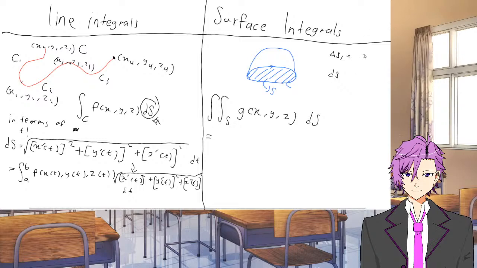And we'll do the magnitude of the cross product, but it's also equal to the normal vector. But dS would be n_i dot k. dS and